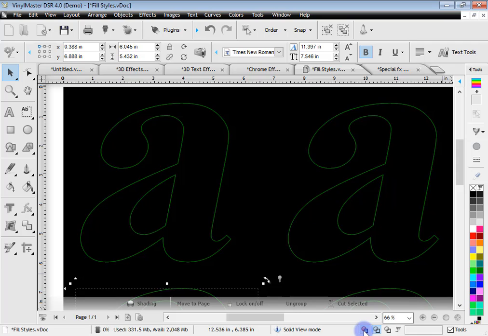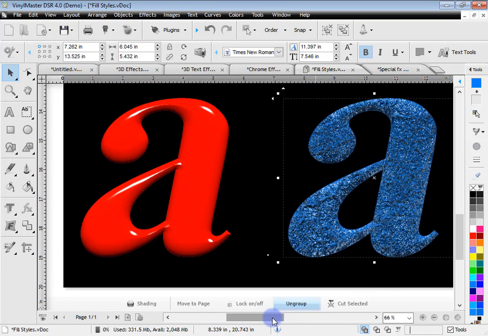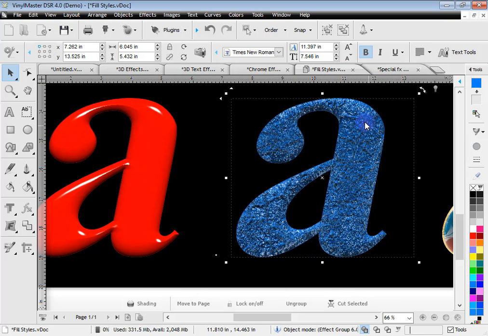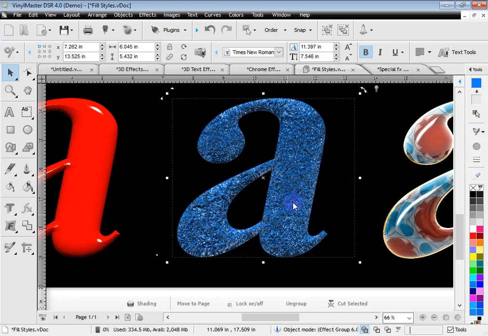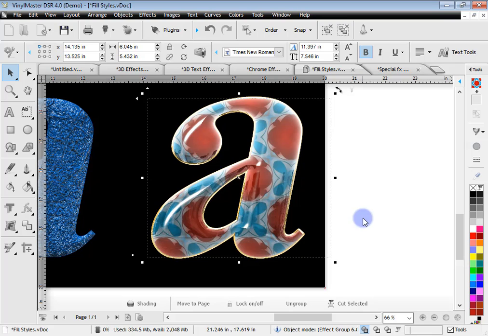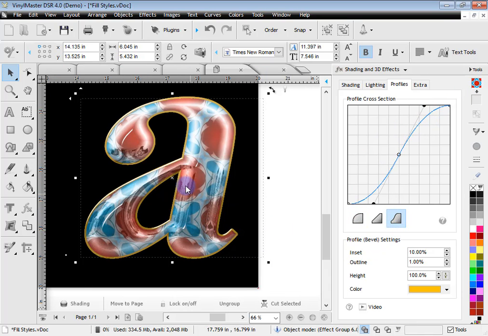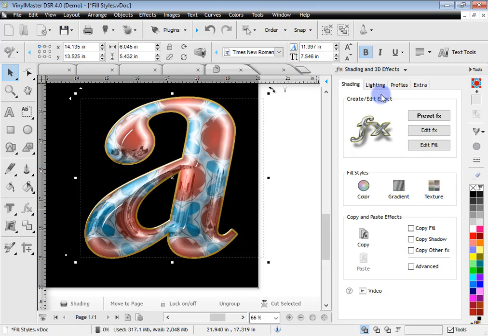This is just a character that's been typed in, and by combining the bump maps and the reflection, we can get a plastic effect, like a wrought iron effect. I call this candy wrapper. Again, if I pop this out and we change the style, you can see you can make it look much more glossy. We can go to the shading here, or to the lighting,